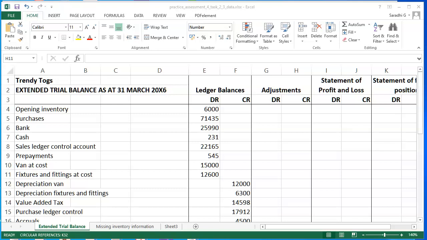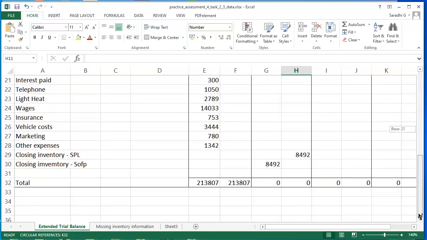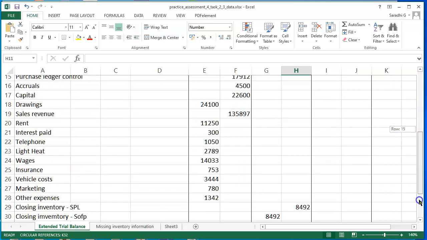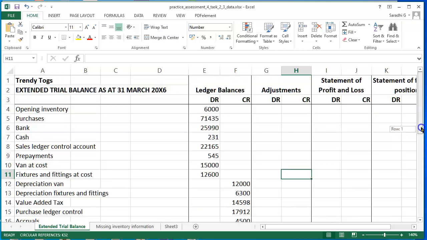In the first bullet point A, format all headings to have bold size 11. I'm going to ignore all this formatting because you all know how to do it. It also says resolve the circular reference in the formulas of the totals. Currently circular reference is not there in your syllabus, so I'm not going to worry about that. I will just do an auto sum for all the column totals after I come to the end of the